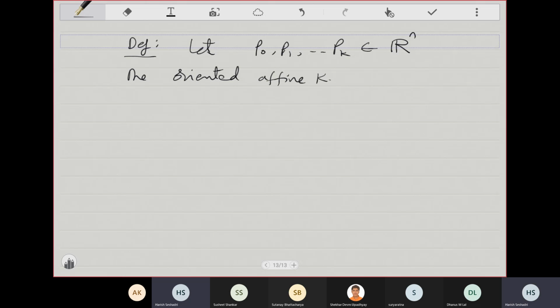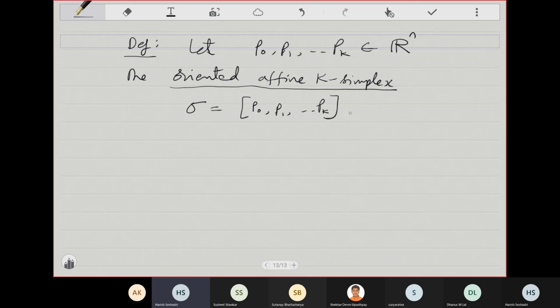Affine K simplex, which we denote, so this is just notation, square brackets, P0, P1, Pk is the K surface in Rn